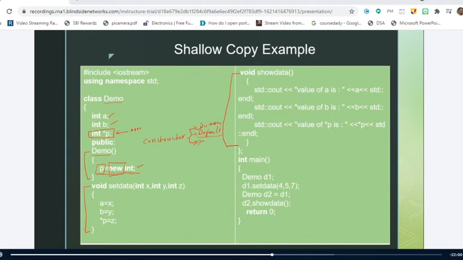Right. Now, what about this particular function void set data? It is accepting 3 parameters int x, y, z, and a is assigned the value of x, b is assigned the value of y, and star p. How do you read star p here? There is a specific way of reading star p.